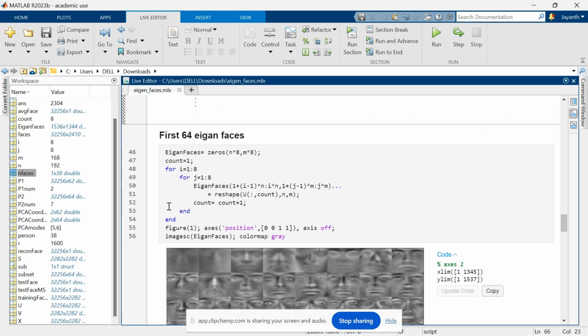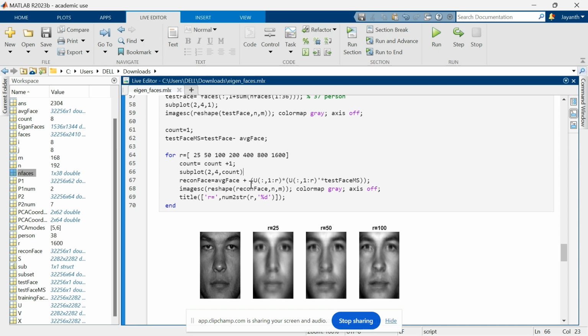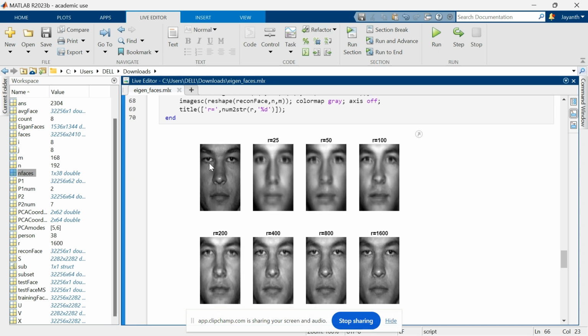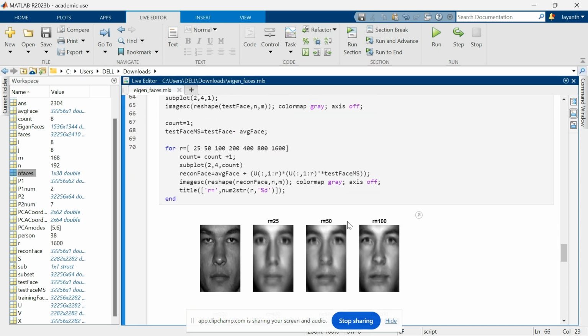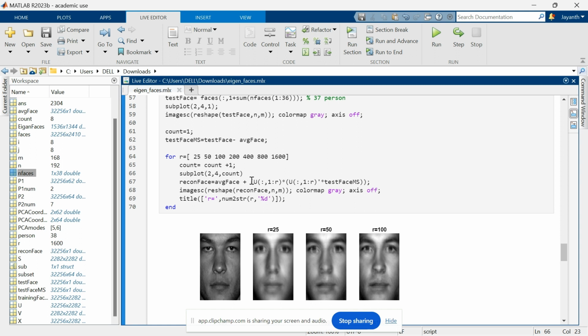See guys, we are taking this image and we're able to reconstruct it from the eigenface. What does it mean? It means the eigenfaces contain the unique features. See, when we are doing the dot product of the eigenface and the test phase, we are getting the unique features that are present in this test phase,